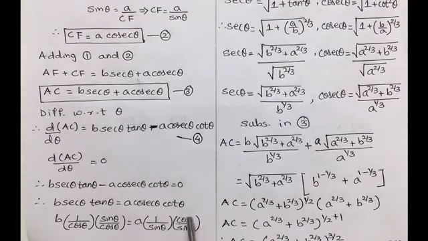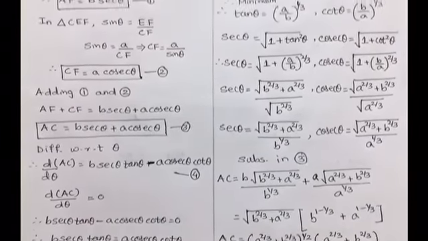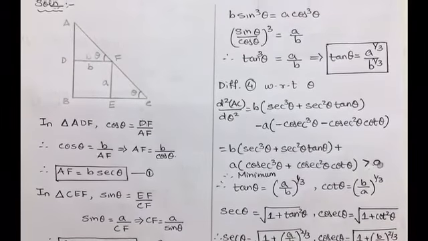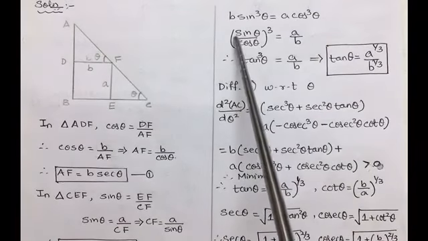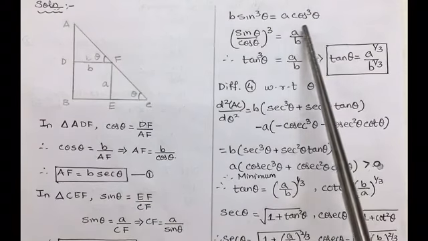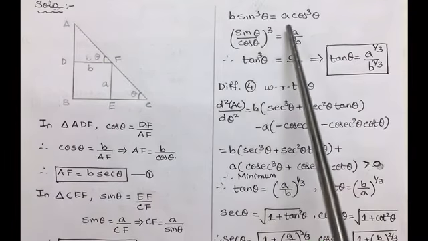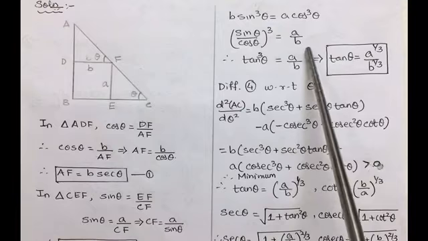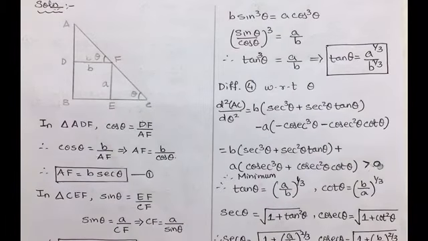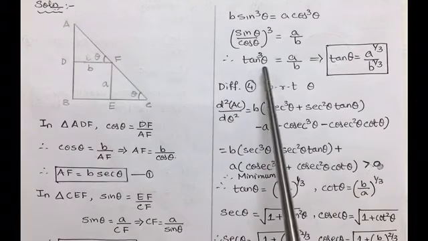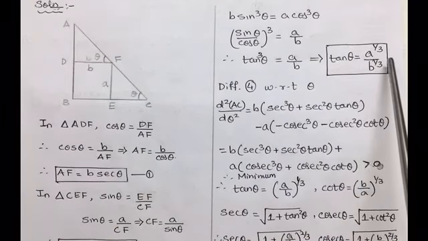Then taking the cross multiplication, we get B sin cube theta plus A cos cube theta. Again shifting sin upon cos whole cube, taking up the cross multiplication, we get A by B the other side, and sin by cos gives tan cube theta equal to A by B. Shifting cube the other side, we will get tan theta as A upon B raised to the power 1 by 3.